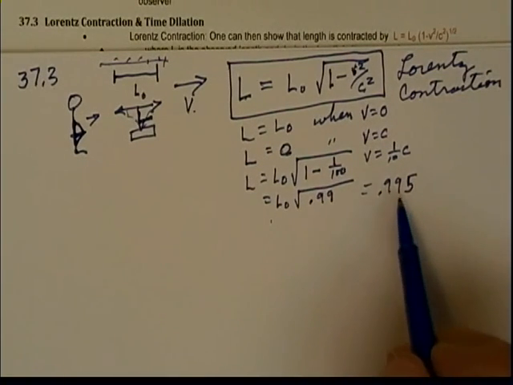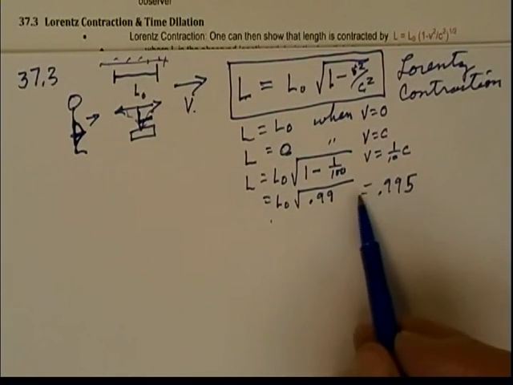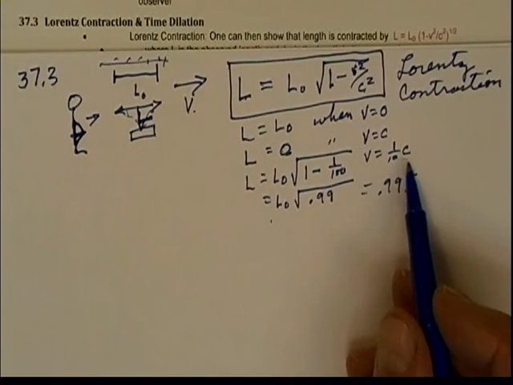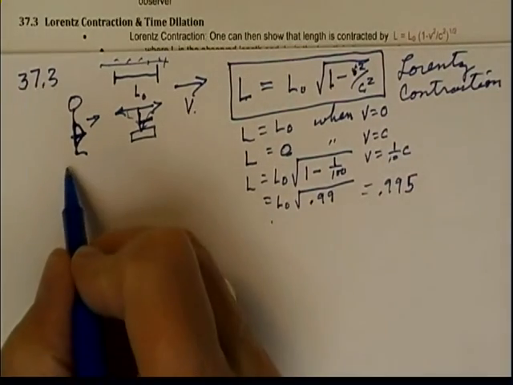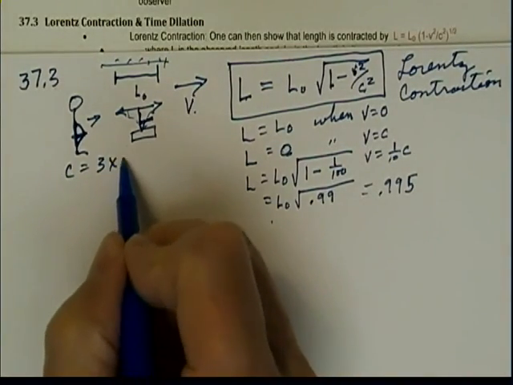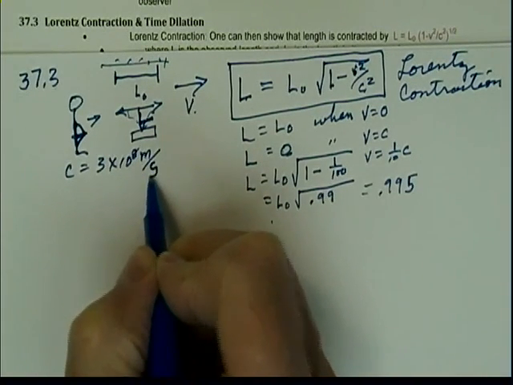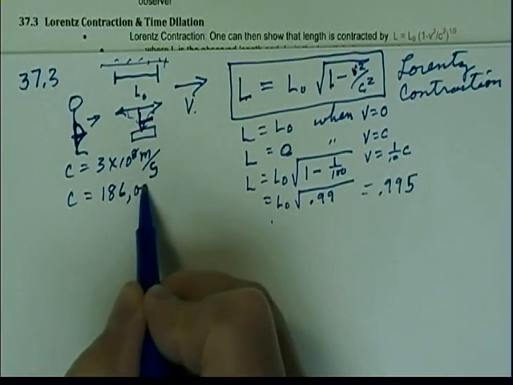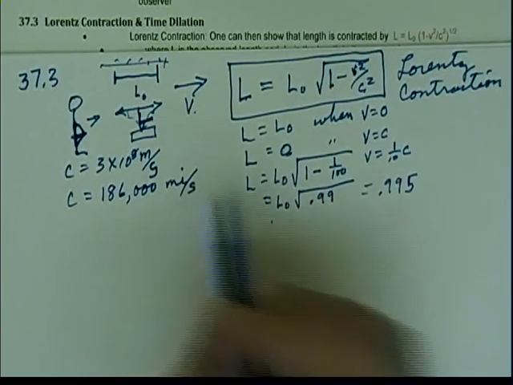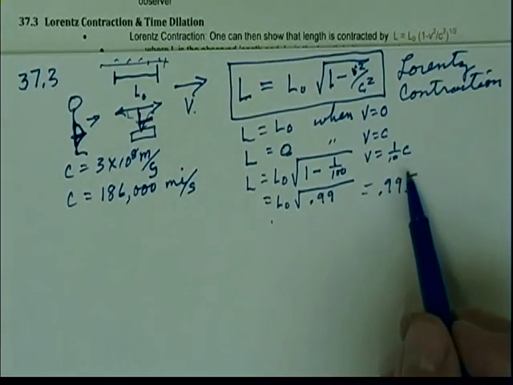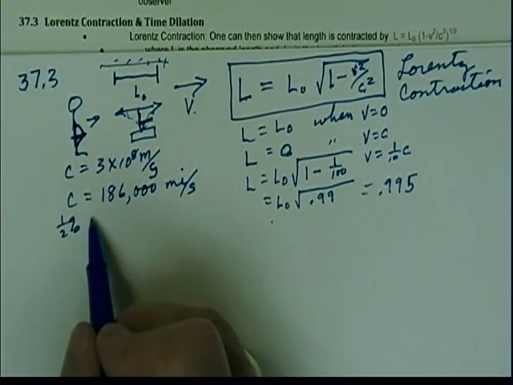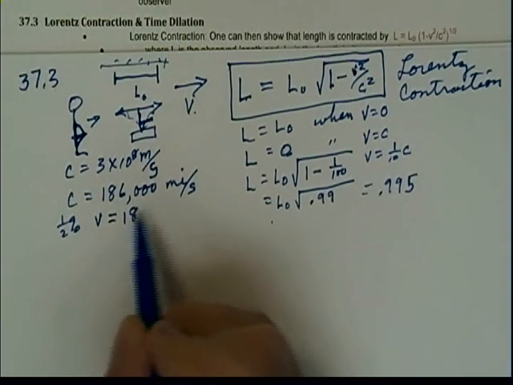So something that is very long at a tenth of the speed of light only has a change of 0.5% shorter. In order to do that, I have to go how fast? Well, light goes, you recall, at c equal to 3 times 10 to the 8th meters per second. But let's look at it more realistically. It goes 186,000 miles every second. So the effect that we just barely notice as a 0.5% effect only happens when our velocity is equal to 1/10 of this,